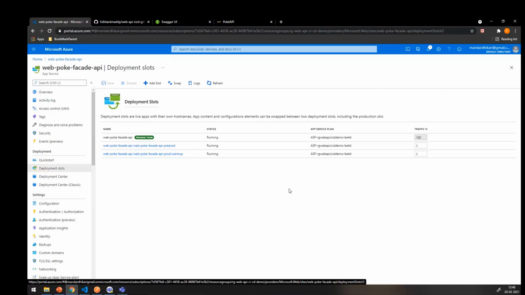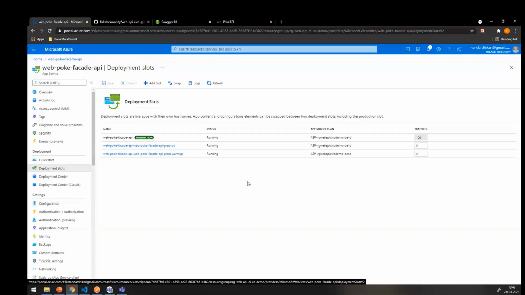So our continuous delivery pipeline deploys the code after approval to the pre-prod first. Then someone can go and run the integration test. And then again, it asks us for approval to deploy it to the production warm-up. And if the necessary set of approvals is received, then it deploys it to warm-up. Now the warm-up slot is associated with the production slot. So whenever we deploy it to the warm-up slot, it warms up the slot, and then we do a switch over between the production and the warm-up slot, so that there is